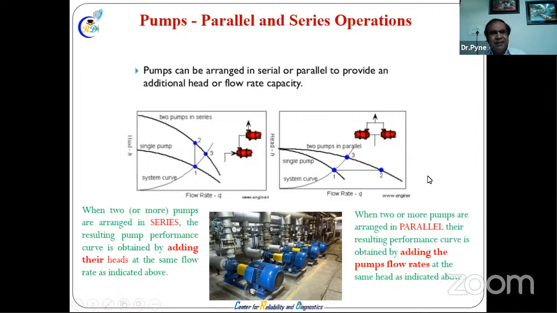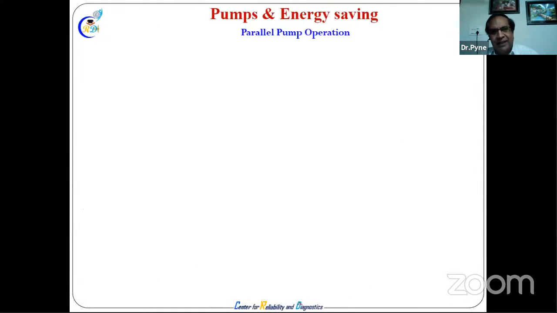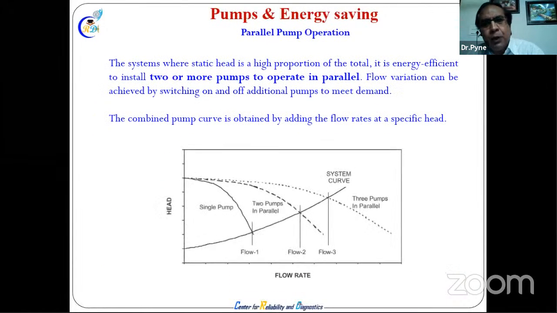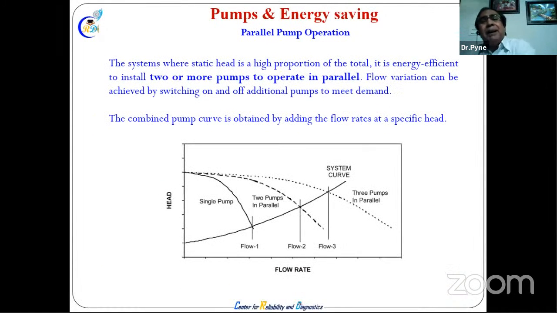And how we operate for the same system efficiency, or what is system efficiency? Where will the money go? Maximum to energy. So you think about it that way. With parallel operation you can put 2, 3, 4, 5 pumps, but it will look like that. The system is one. You put any number, and you can see how much gain you are getting in the flow. You will not get 2 times, 3 times, 4 times, because your system curve is not changing. Your system resistance, the site condition, is not changing. Right? That is the bit.